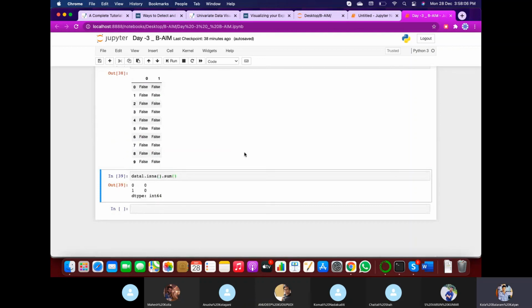This is how the pre-processing of data, that is data exploration, is to be done. The better you understand the data, the better you can predict the values.